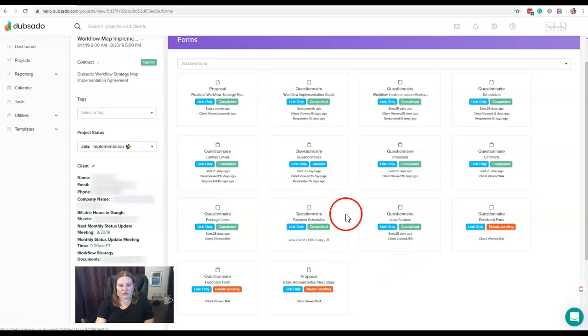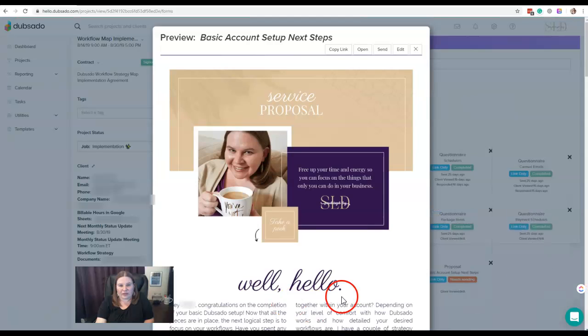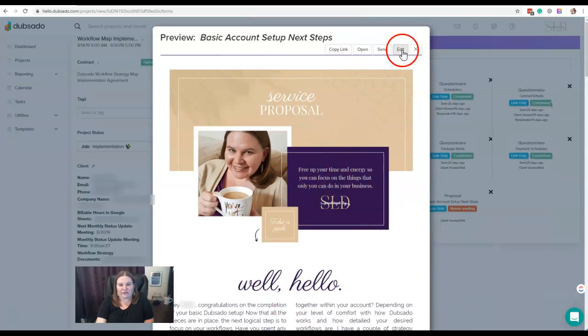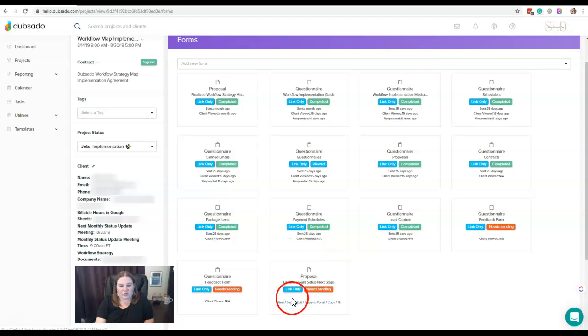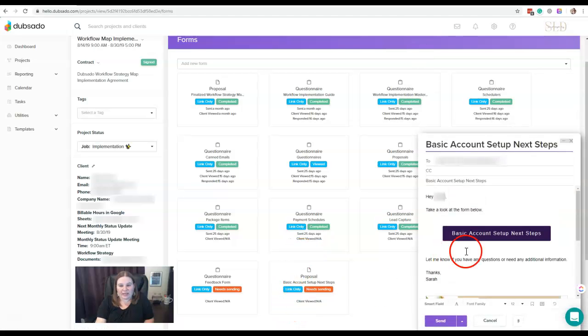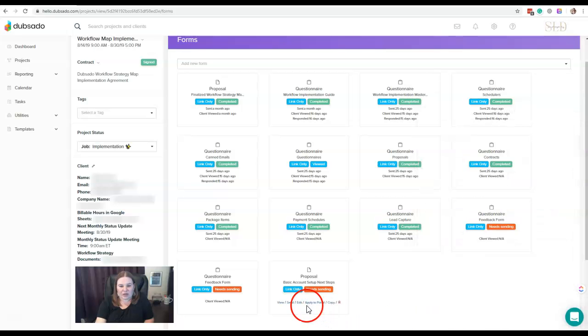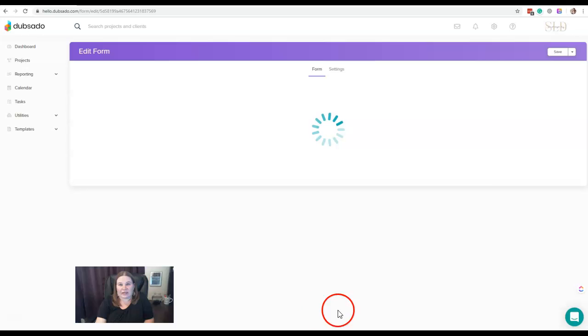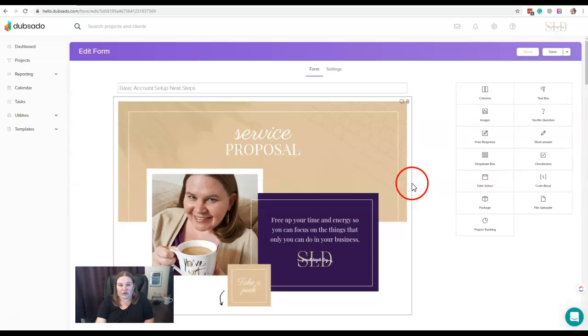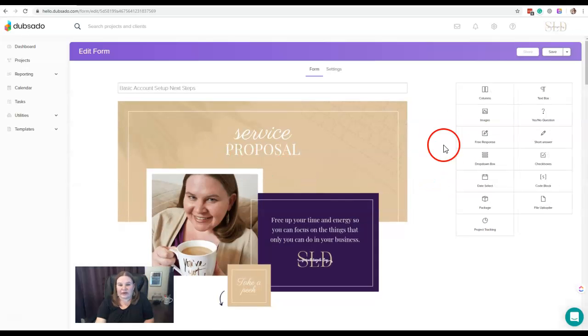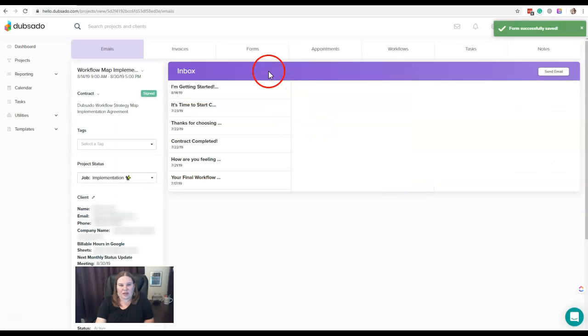Now, when you hover over them, if it's a form that has not yet been sent, your options are to view the form. It just brings it up in this view again that you have these same options here. You can send the form. Clicking that will populate a new email that you can send the form with. You can edit the form. That'll take you directly into the form editor, just as though you were doing this in the templates area. To get back to the project, you would just come up here and do Save and Close, and come back